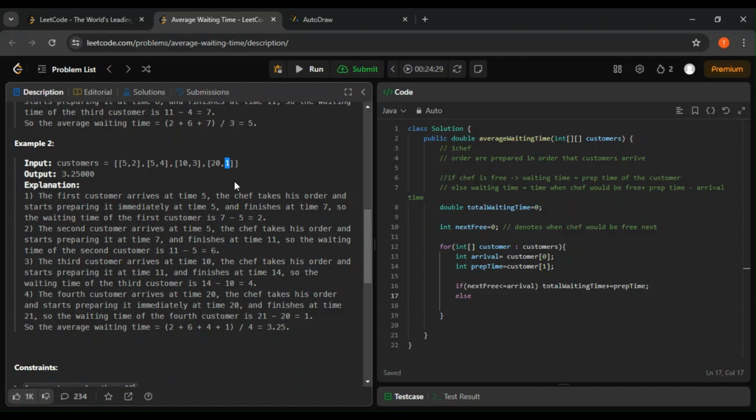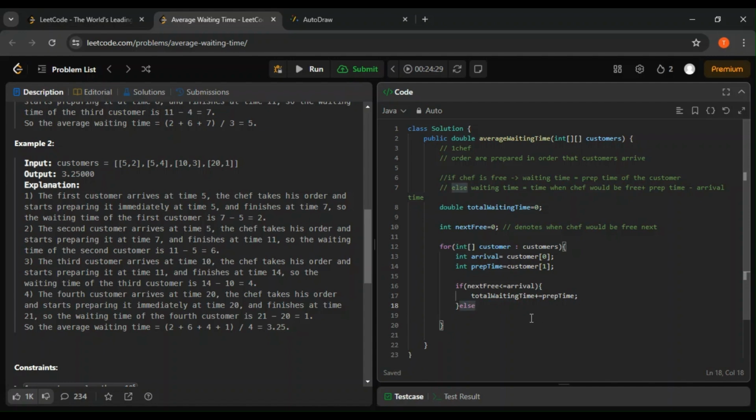So how do we update this time, right? Let me put that logic inside. I need to put the logic of updating the next free in this case. Else what? Okay, else what we do is just a second. So if the chef is already free when this customer has arrived,